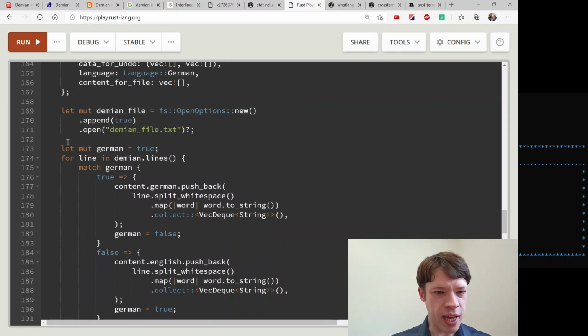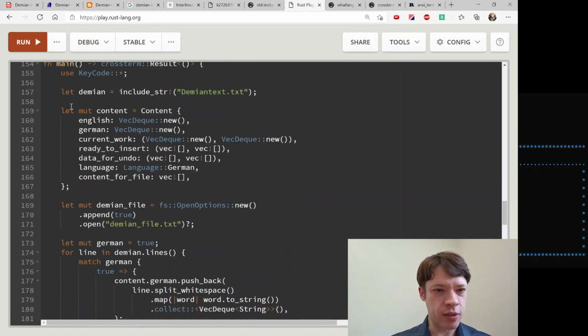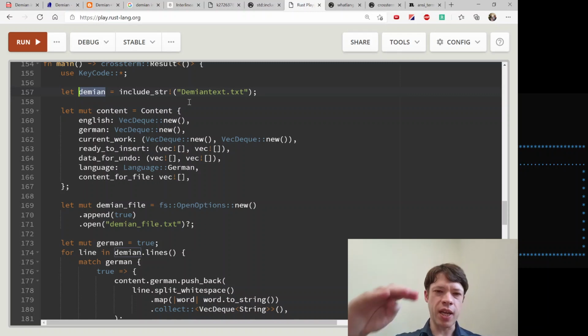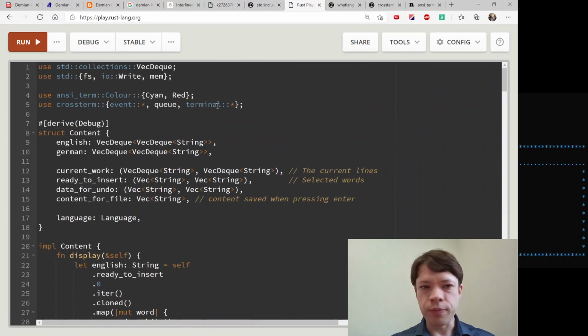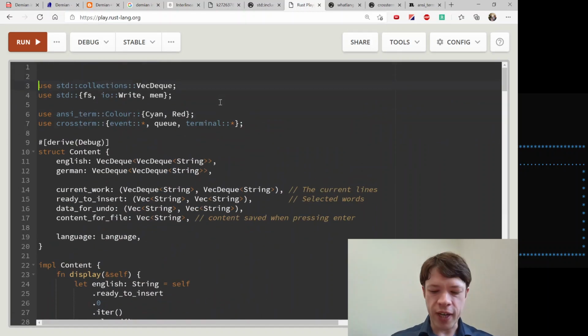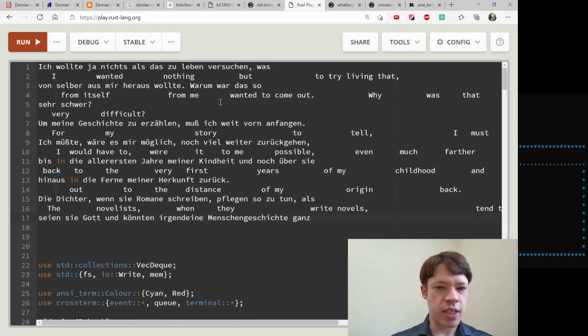So anyway, first when it starts in main, it makes this big string called Demian, and each one is in a line. So German line, English line, German line, English line, and I'll just show you what it looks like. I'll just copy this over. So if you were to look at that file, it looks like this.